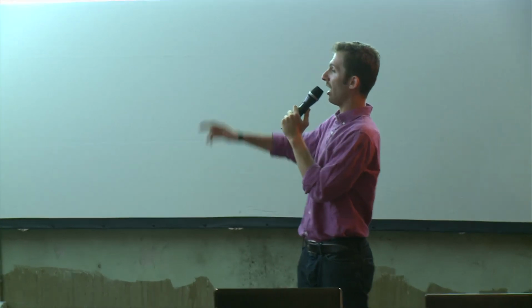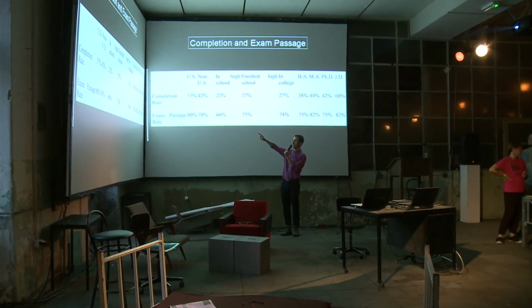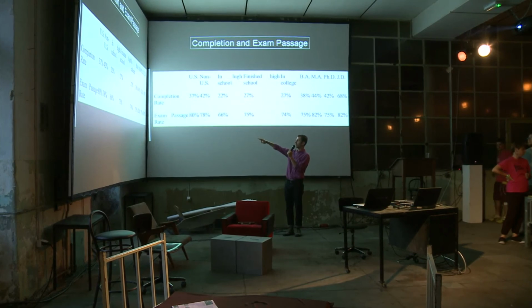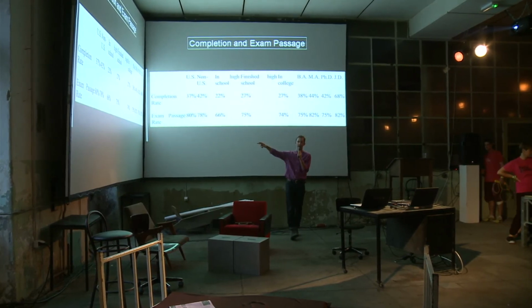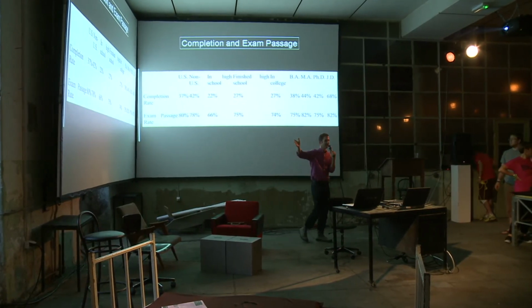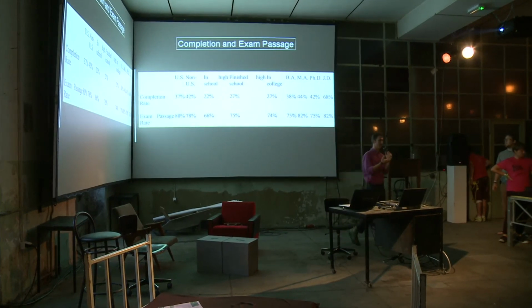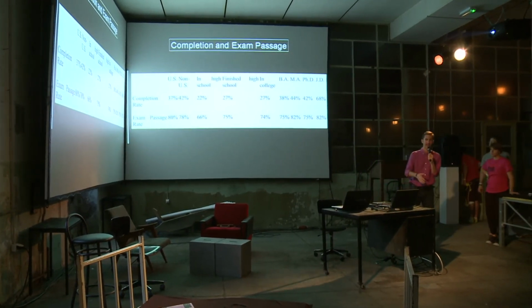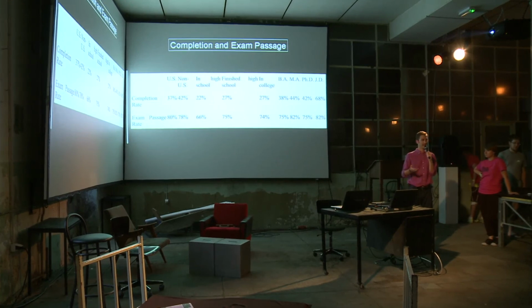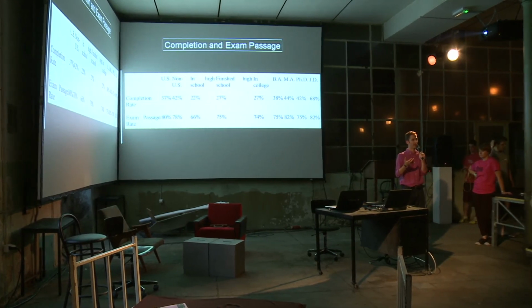So the highest passage rate of those who completed our final exam had master's degrees and law degrees. So it says that we're reaching a certain kind of engaged demographic, but we're not reaching any and all types of learners. So there are still open questions as to whether or not we could reach more diverse types of learners, or whether or not the course is simply suited to reach a particular kind of student.